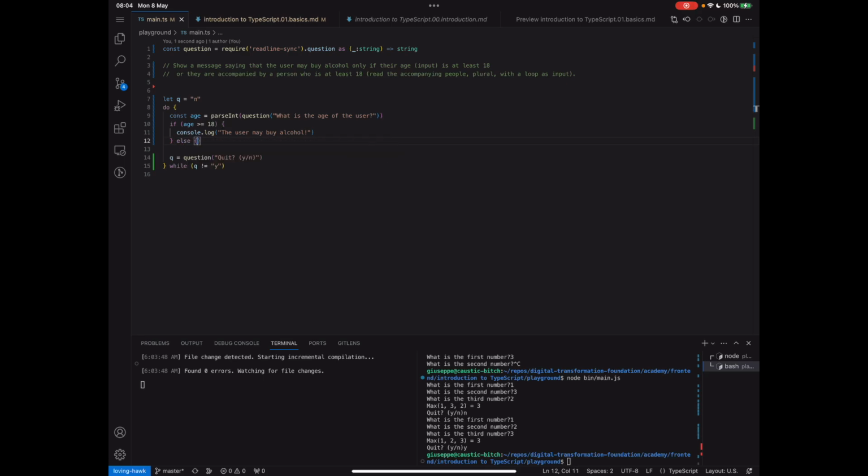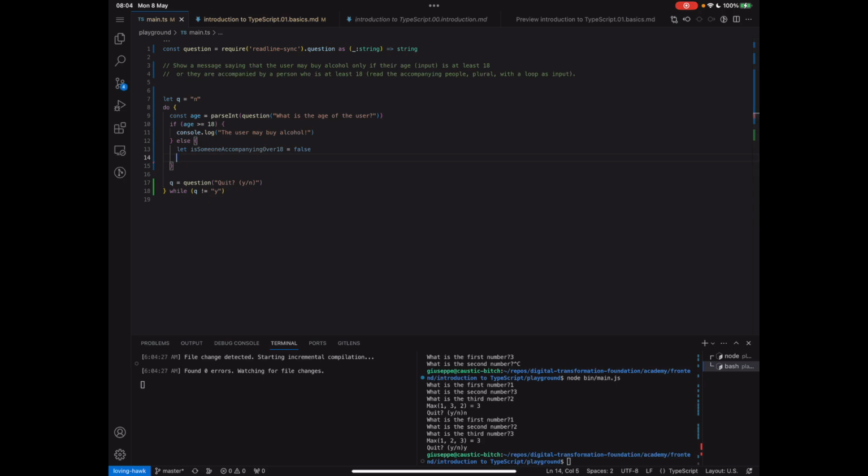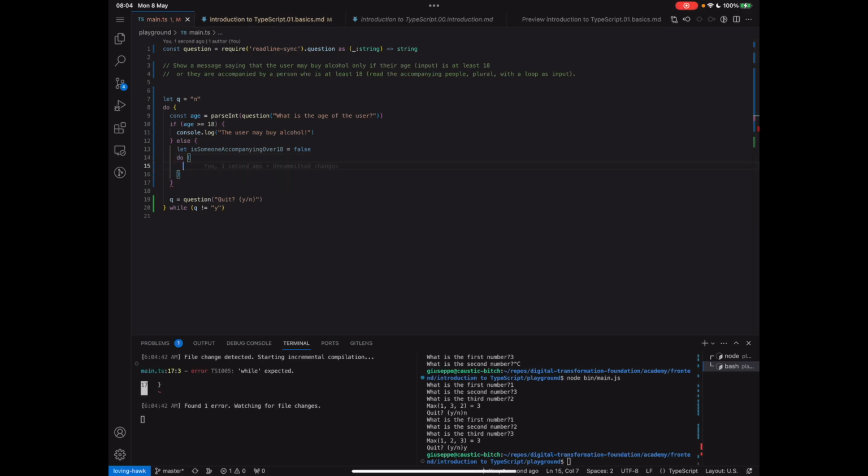Okay. Otherwise, well, we read the ages of the accompanying people. How do we do this? Well, const is someone accompanying over 18. Well, let's start by false because we don't know yet, and it's not a const, okay, because we are going to have to read them and to change this. Okay, so do is someone accompanying over 18 now